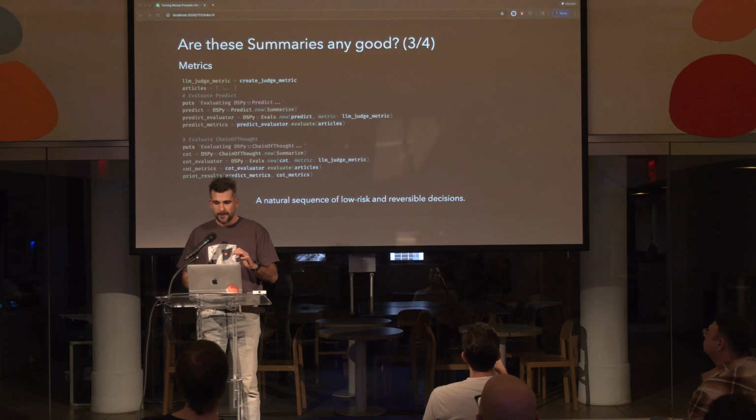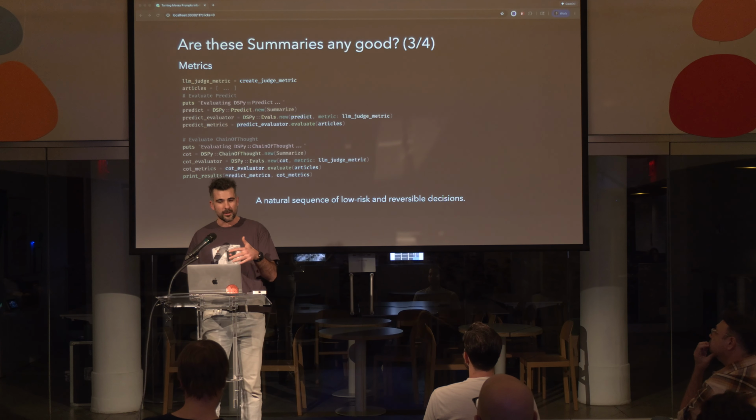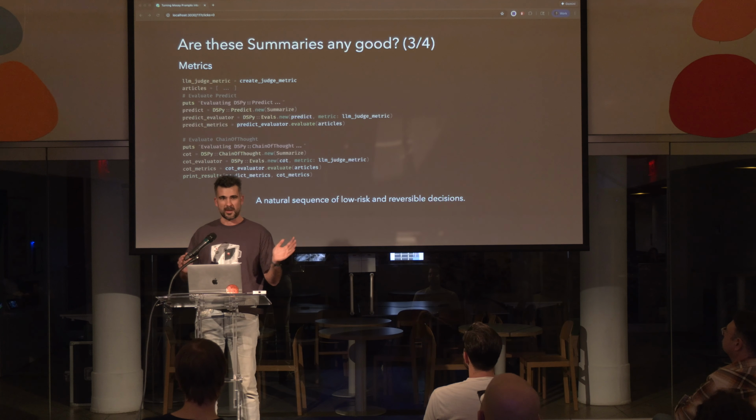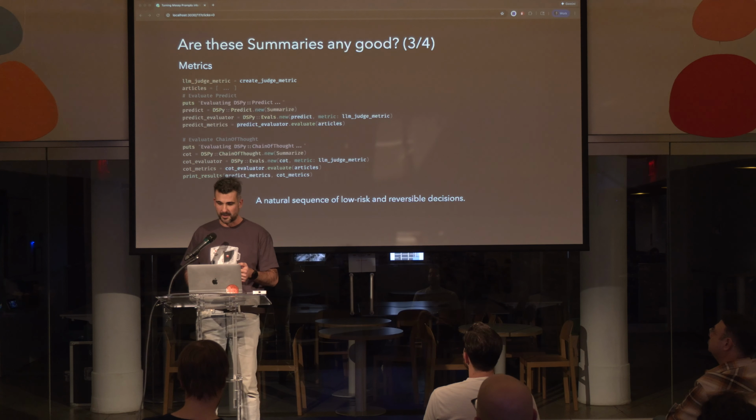All right, so these evals and metrics guide your team's course of action, informing the next steps in the development process, as we are familiar with. What I really like is that they introduced planned decision points, which is basically a sequence of low-risk and reversible decisions, because that way you create opportunities to reassess your course of action, instead of making one big monolithic decision, spending 3 months working on a feature and then shipping it to customers and things don't work the way you expect.